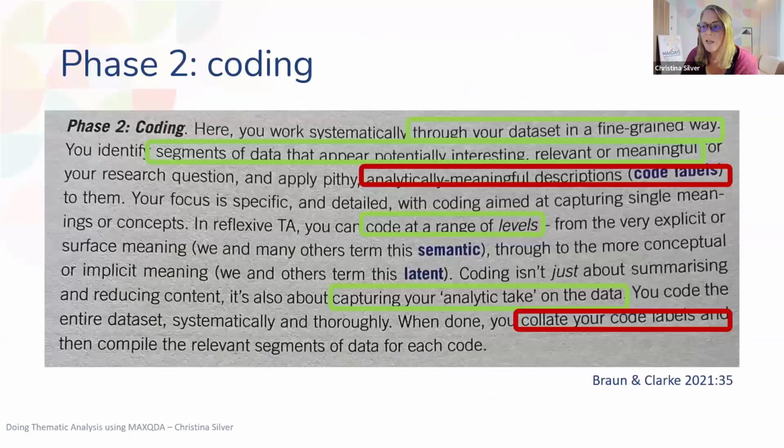Let's move on to the second phase, coding. Remember, red are the tasks and green are the levels. So what they say is that in this phase, we need to work systematically through the whole data set in a fine-grained way. So slowly, carefully at that low level. And we need to identify segments of data that appear to be potentially interesting, relevant, or meaningful in relation to